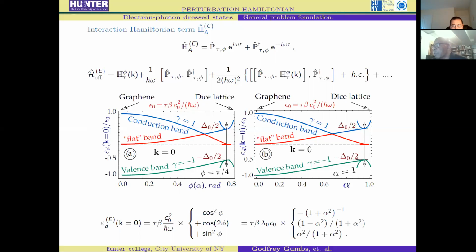And also remember I said that phi is related to alpha. So alternatively, you can plot the behavior of the energy subbands at k equal to 0, not only as a function of phi, but also as a function of alpha, in order to get some illustration of how the band gap